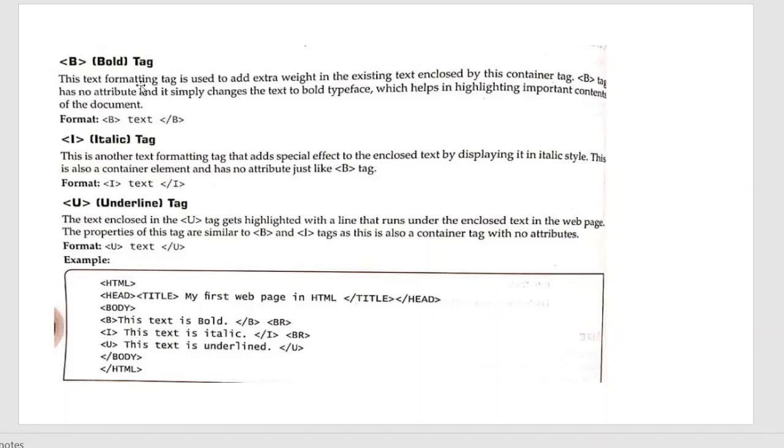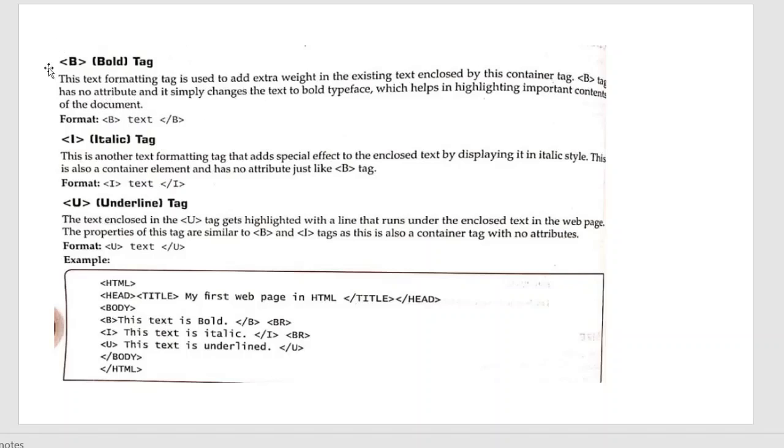So the B tag is a container tag, and it is used to give extra weight to the text. It is used to bold the text, to strengthen the text, to give importance. If you want to give importance to your text, then you can use the B tag just before this text, and after that you can close the B tag. It has no attribute.